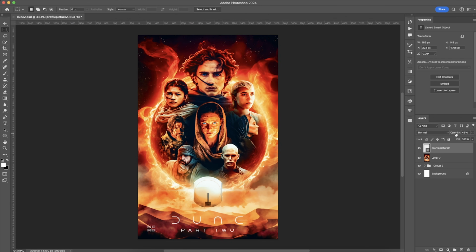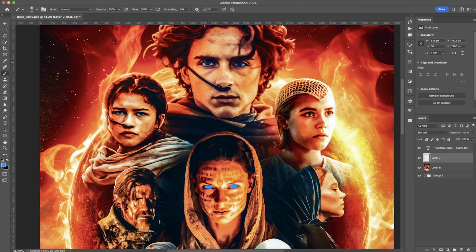Now, the last thing I'm gonna do on top of that final layer is put my logo, put in the actors' names, and we're gonna paint some light blue very softly over their eyes, just to make sure we didn't lose any of that spice that's in their eyes in the movies. We didn't want to lose that. I think it kind of gets lost in the first one, but because it's not as prevalent, I'm gonna not fix it in the first one. I'm fixing it now, all right?